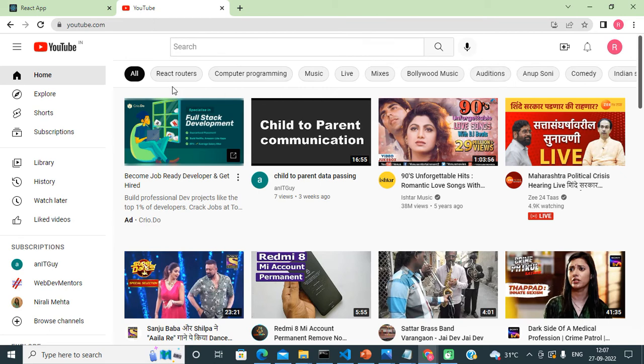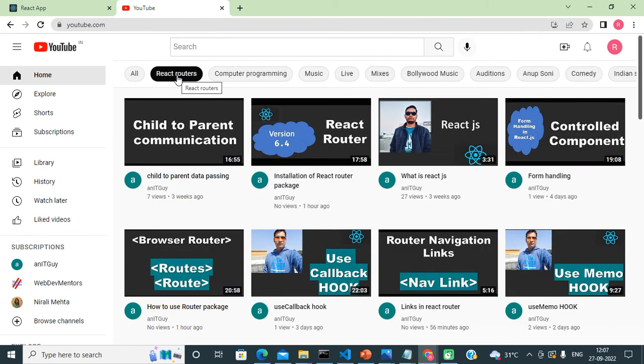Now just observe, if I click on another link, let's say React routers, this icon will not be reloaded, but I will still be able to see my expected content. I have just clicked on React routers and all videos related to React routers are coming up.